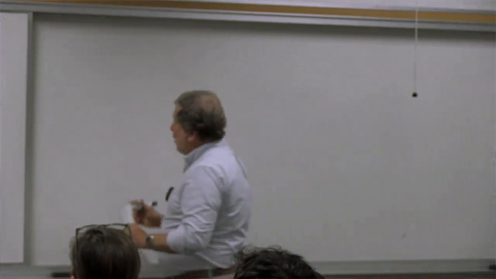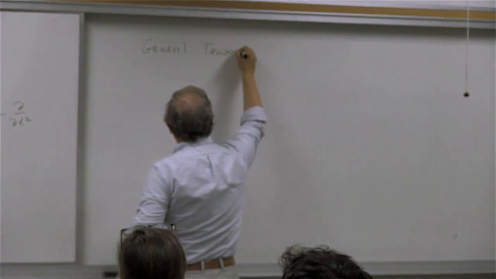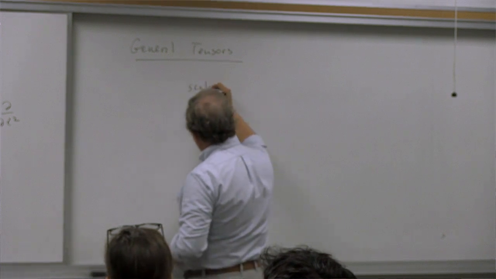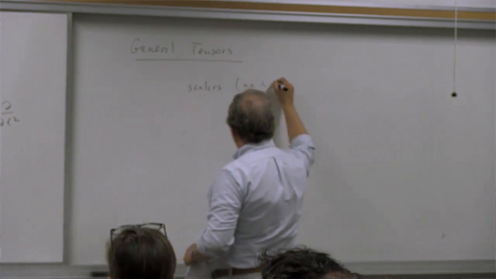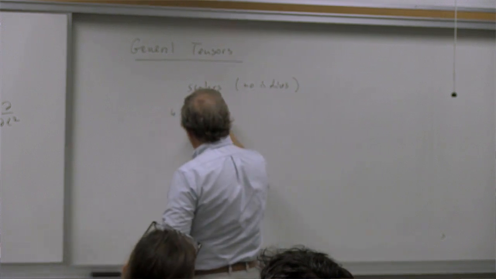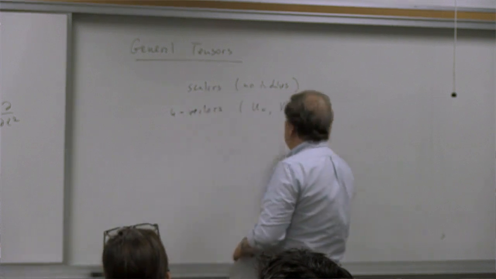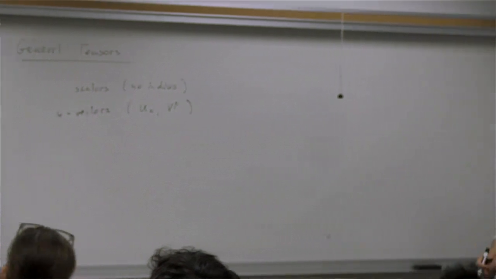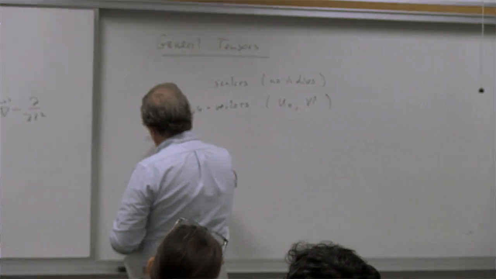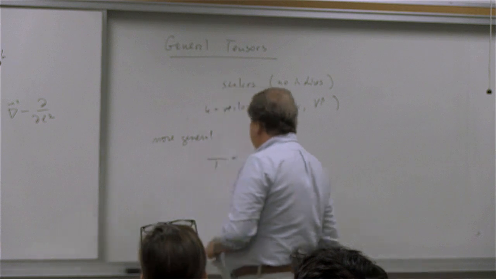So now we have more general tensors. So far we had scalars, which have no indices, objects that have no indices. We have 4 vectors, of which we have both the u alpha and the v beta, depending on whether the index is upstairs or downstairs. But we can have more general entities, something that is T alpha beta gamma, for example,